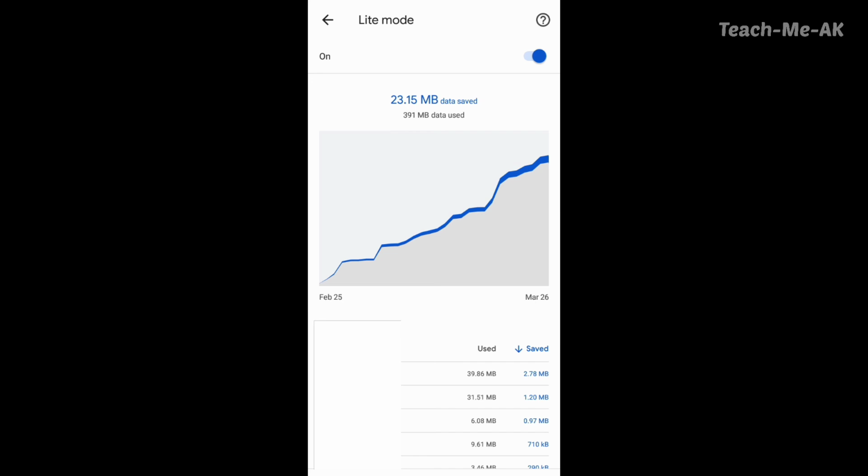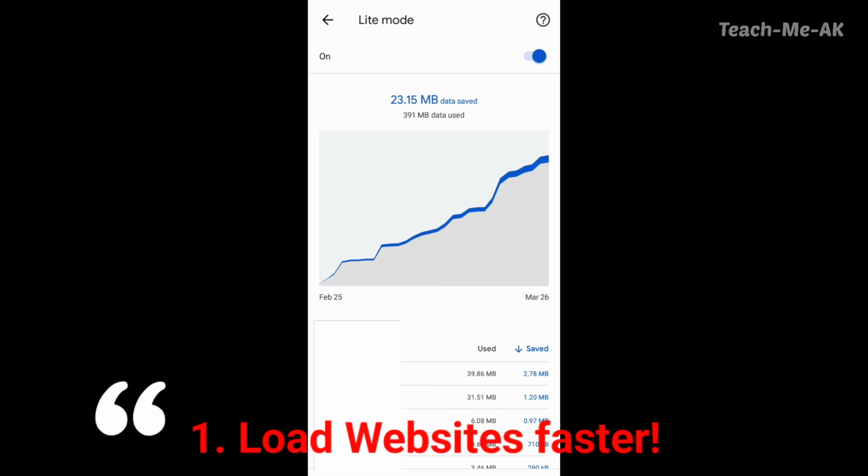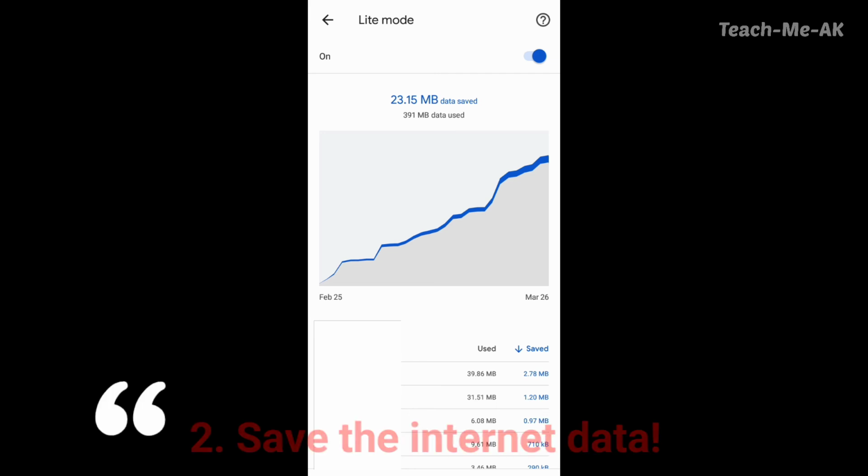I hope enabling the Lite mode on your Android phones on the Google Chrome browser would help you load the websites or the information that you're searching for on Google Chrome much faster and also help you to save data. That's it for this